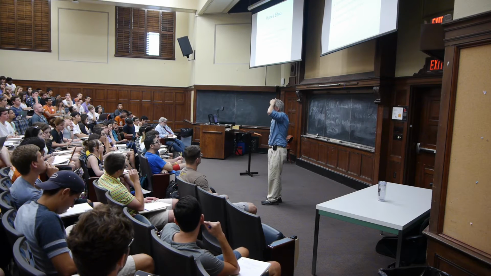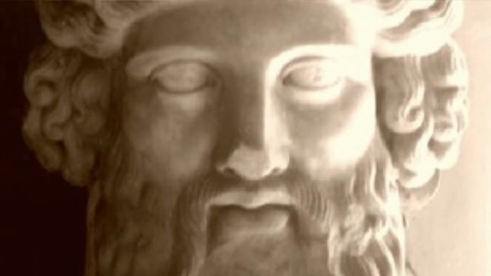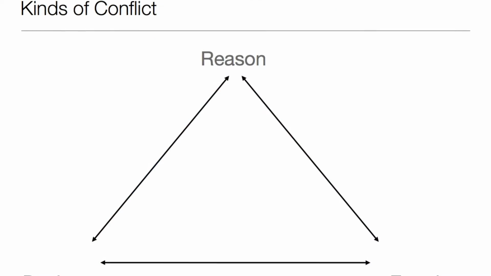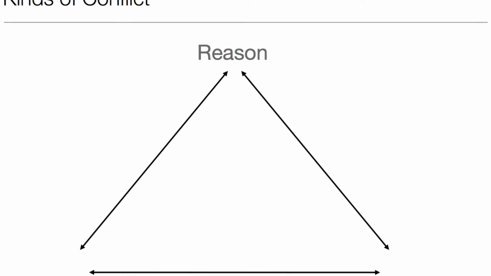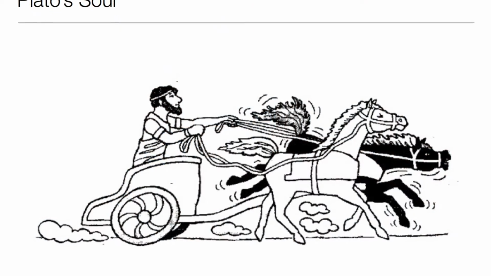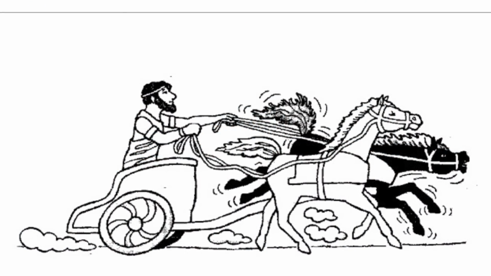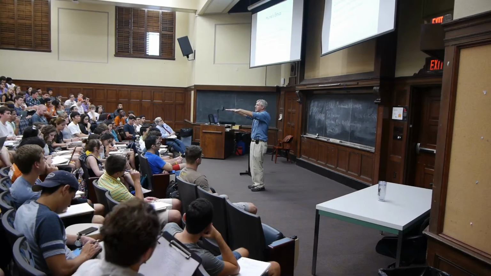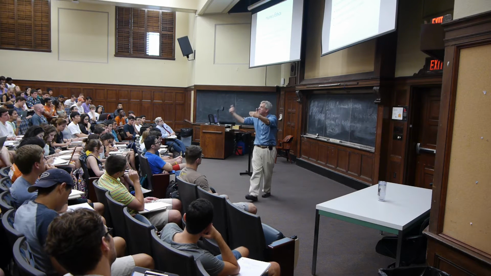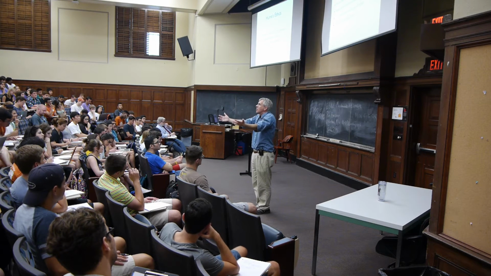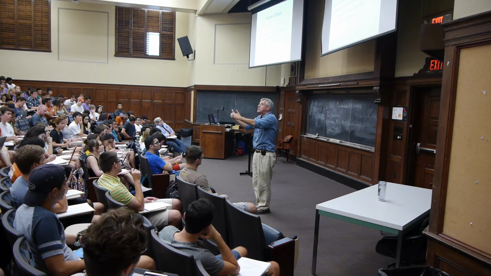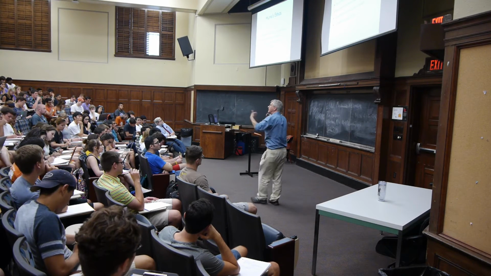Well, Hume says basically, and here he's going back all the way to Plato in a sense. Plato gives us a model of the soul, where it consists of three parts. It consists of reason, emotion, and, in addition to that, desire. And he compares it to a chariot. He says reason is like the person driving the chariot, and then the two horses are like emotion and desire. Well, Plato says, emotion and desire are crucial because reason by itself wouldn't go anywhere. Detach the horses from the cart, and the cart doesn't move. And so, really, reason by itself can't move anything. It's reason combined with desire, or reason combined with emotion, with feeling, that actually leads us to action.